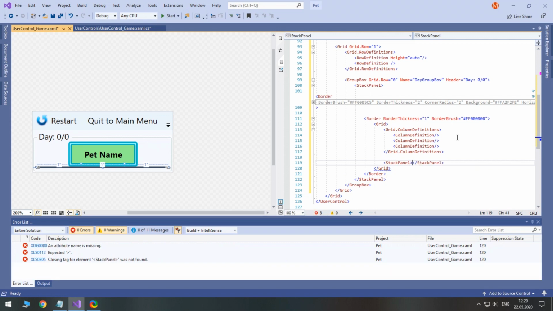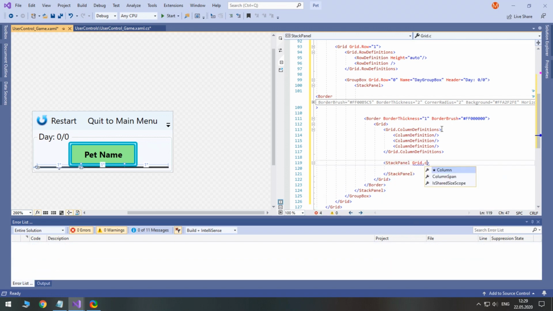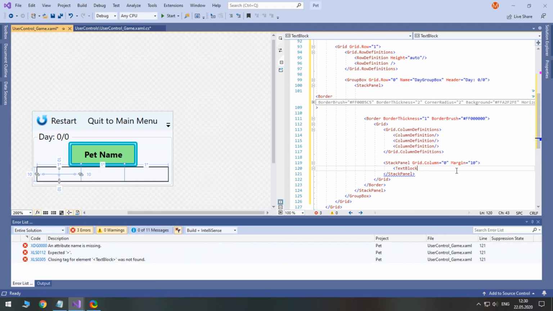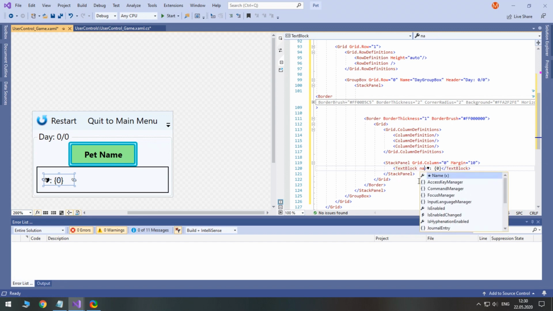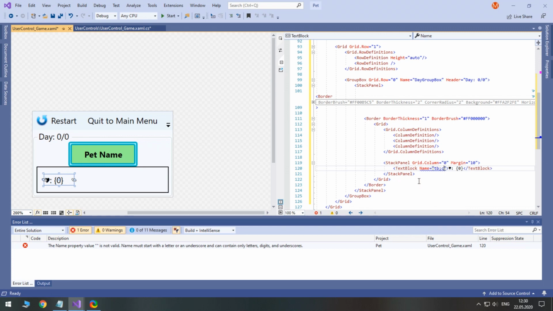We will put all stats inside a stack panel. Every text block will need a name, because we will change it every day from code.